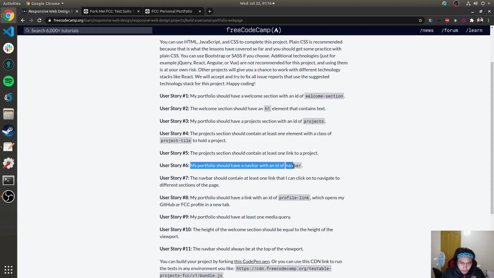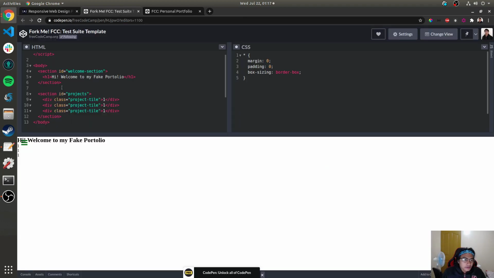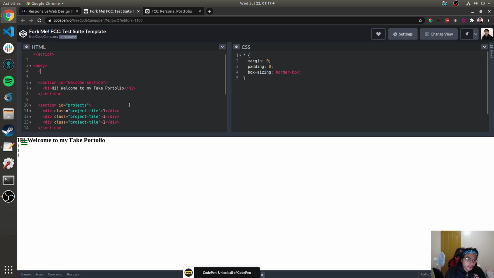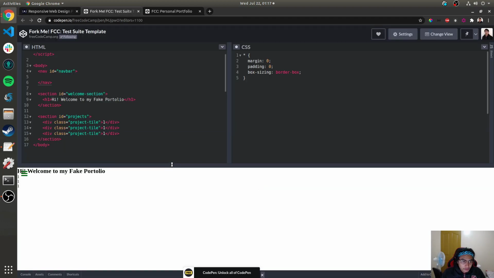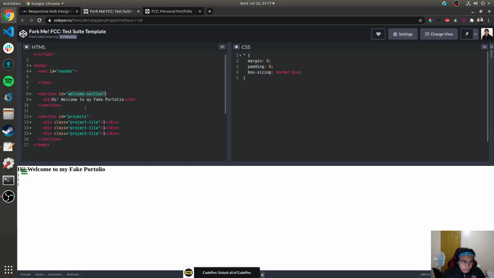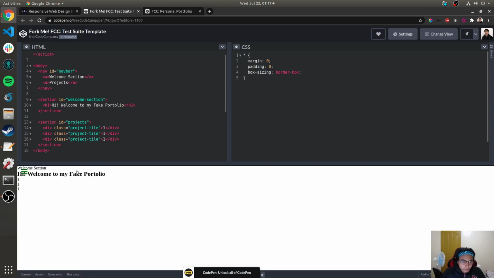Let's create a nav with an ID of navbar. So let's put the nav here, nav with an ID of navbar. The navbar should contain at least one link that I can click to navigate to different sections of the page. So since we have a welcome section and projects here, add links down below, for the welcome section and projects. Okay,